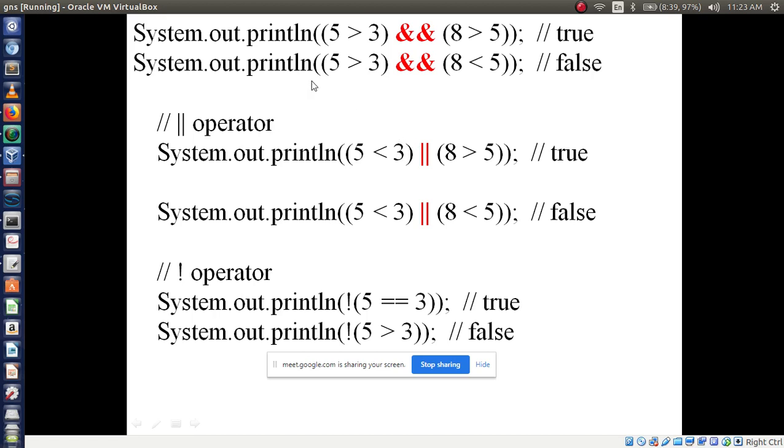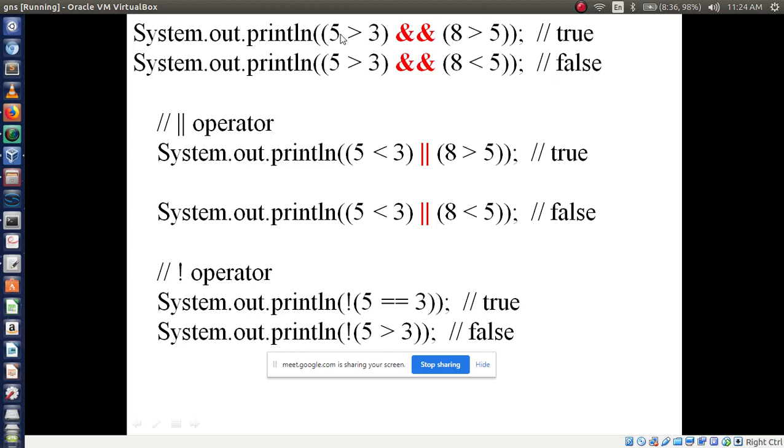So I am taking a small example here. SOP 5 greater than 3 and 8 greater than 5. So here two operands we are using, 5 greater than 3 and 8 greater than 5. If this condition is true, then it has to check whether this condition is also true. If both the conditions are true, then it will display true. If any one condition fails, then it will display the result as false, right?